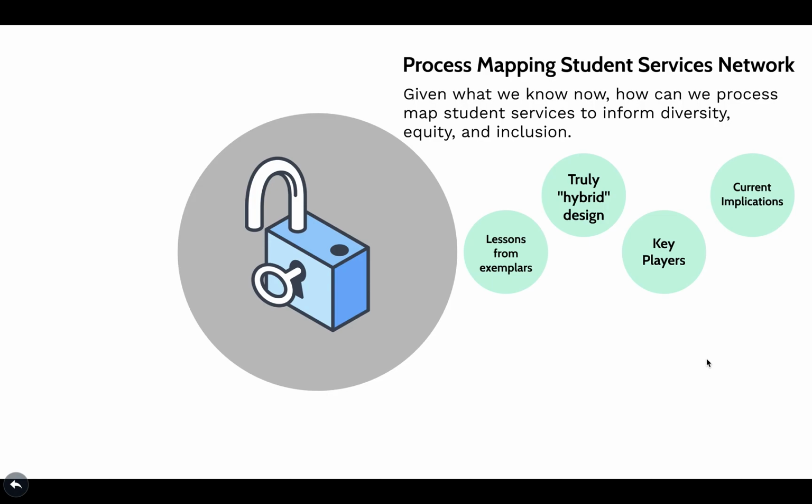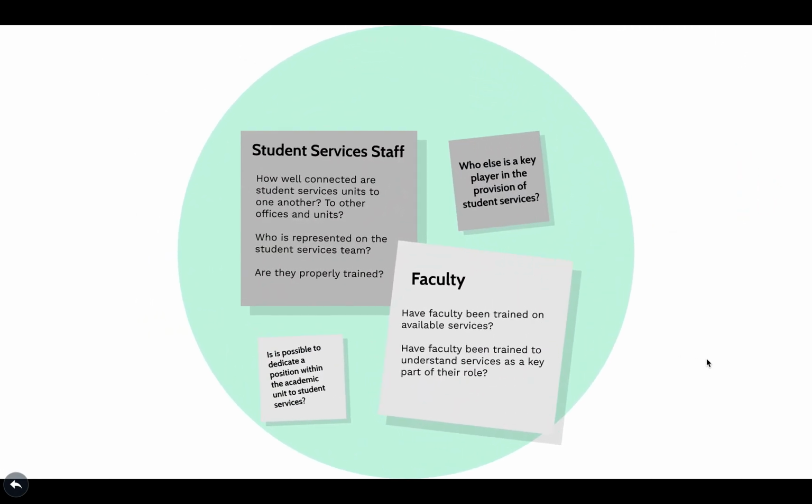Let's also look at some of the key players when process mapping student services networks. Staff, administration, and faculty are all important to create a student services network, as they're the individuals who will carry out the work itself. For student services staff, it's important to have an interconnected and well-trained system made up of diverse identities and experiences. Faculty need training to understand what services are available to students, and some faculty may need training to eliminate bias against student services and see referral to these services as part of their role as a